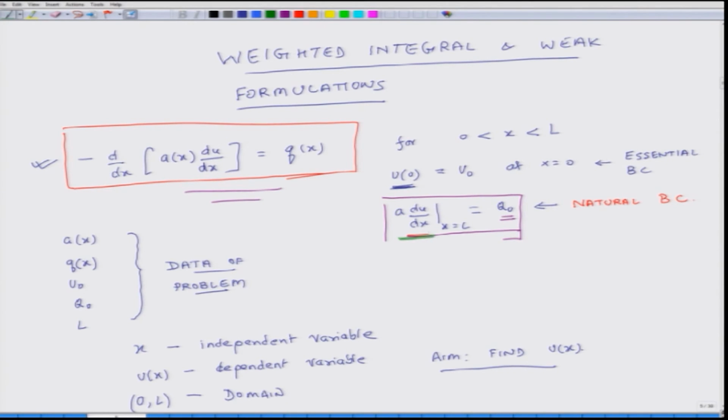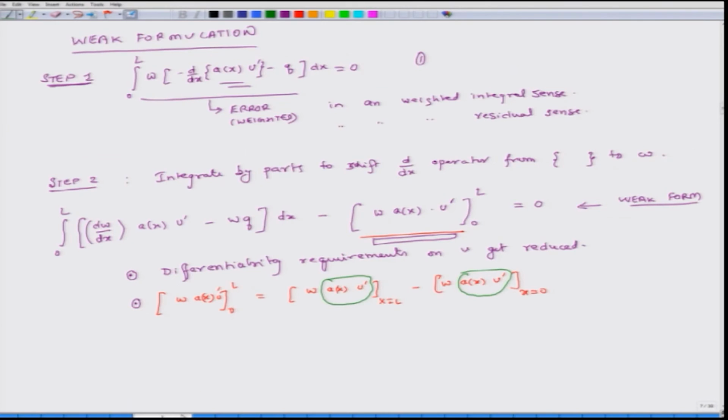Okay. So, when we integrate by parts, this is my natural boundary condition, and what we see is that when we integrate this equation by parts, I get boundary terms, and one boundary term, which is the natural boundary term, comes out naturally or by itself in the process. So, I do not have to worry about enforcing this boundary term when I make a choice of what kind of u should be chosen.